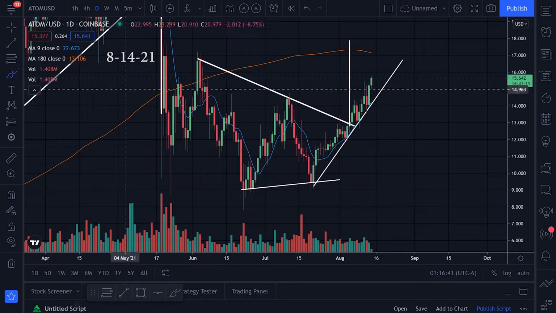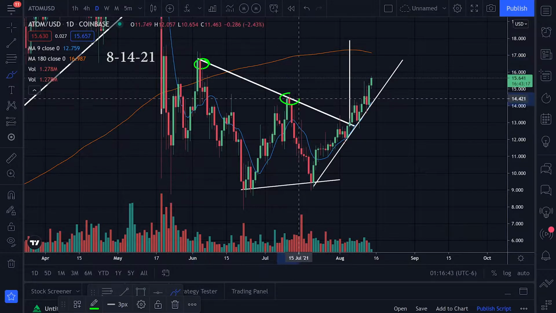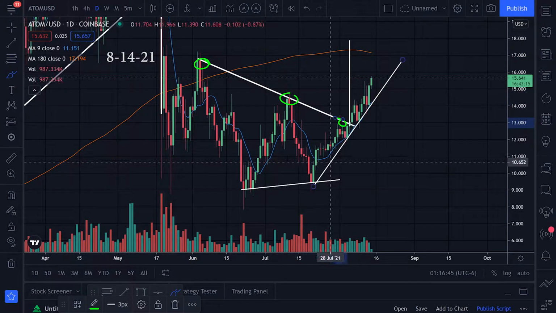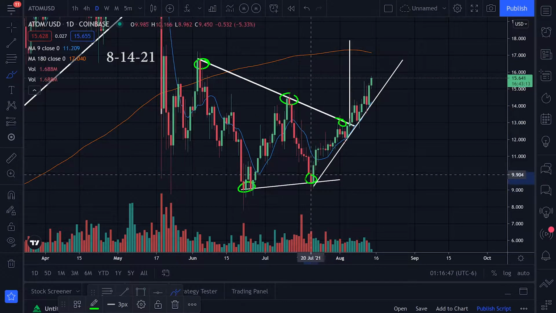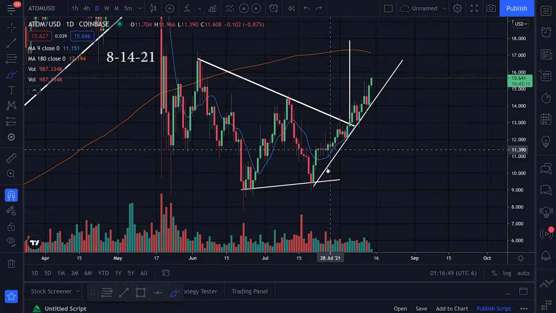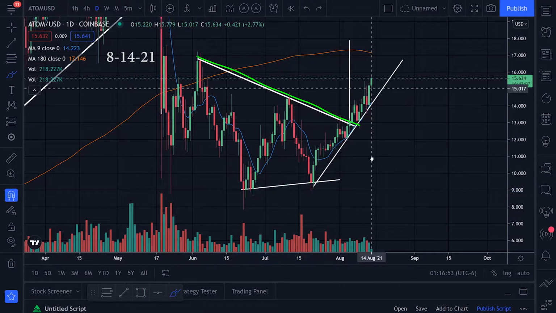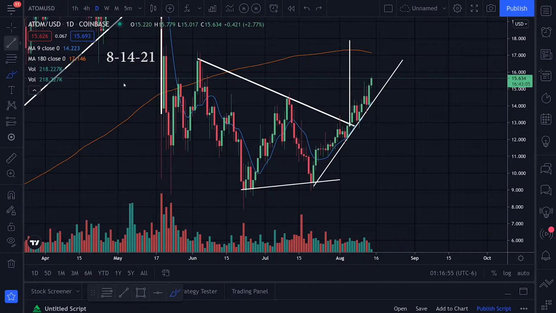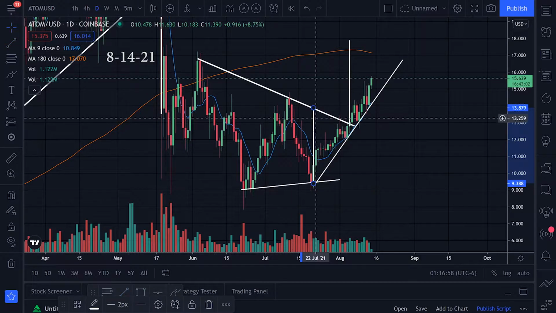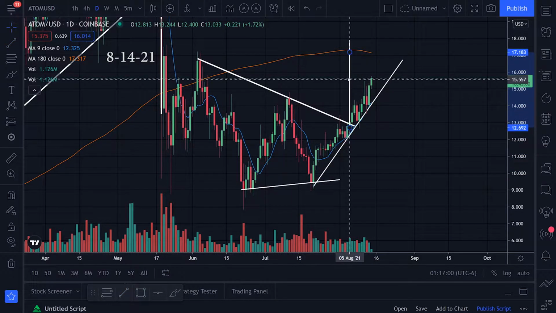So we have some resistance right here, and resistance. We had some resistance right there, and then support right here, support right there. That was giving me these trend lines going downtrend, and a bottom support line. Originally, I had a target from here to here, targeting the breakout, something like this, and